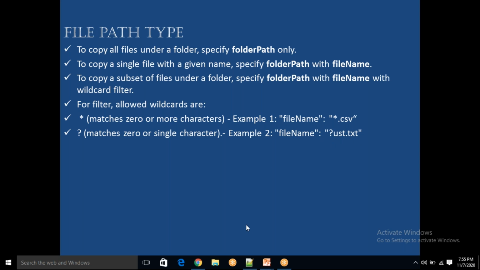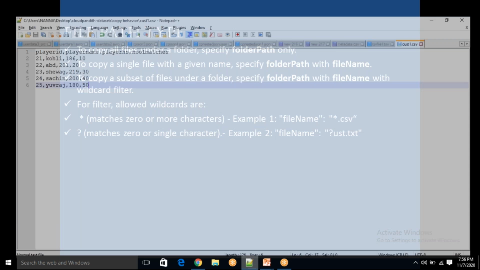Maybe you can say, let's say some example, Bharat.csv. I have a file. Instead of B, I don't know what the first letter is. I know Bharat's first letter is B, but when I don't know, I can put a question mark. So I can put the question mark at the first character place, so that if I receive any file name which is missing that letter, it will pick it.